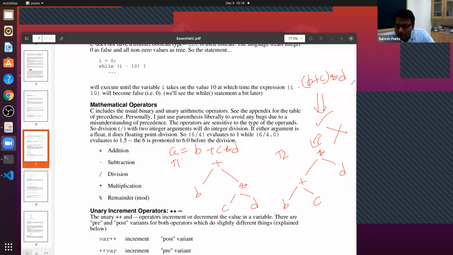But what happens is when you write code, it may be modified by someone else. For example, there is a lot of open source software, right? Linux, Chrome browser, Firefox. And not only open source, when you go to a company you will be working on code written by someone else. So parentheses are a good way of documenting your intention.